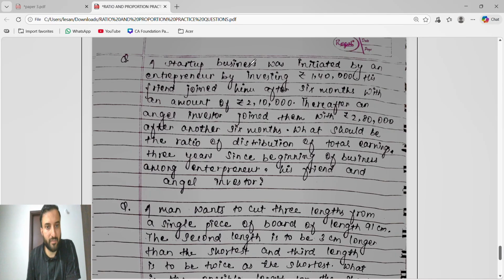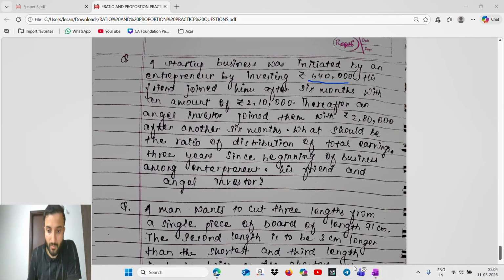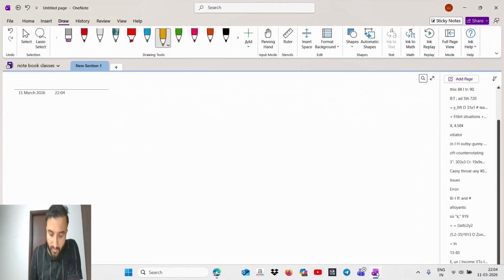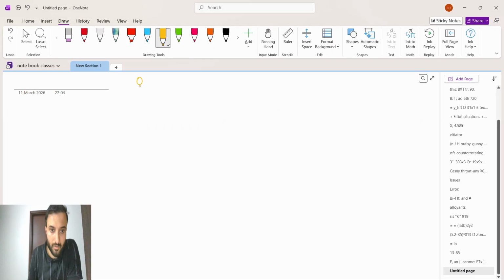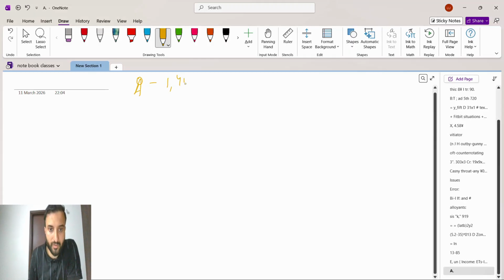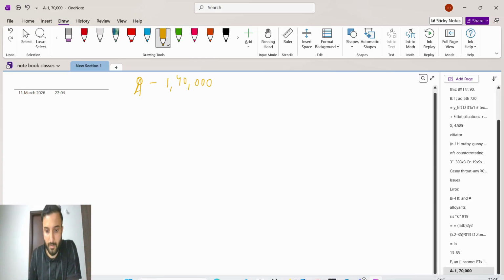A startup business was initiated by an entrepreneur by investing 1,40,000. One entrepreneur is there who invested 1,40,000. We will say that one entrepreneur is there, who invested. I will take him as A. Entrepreneur A who invested 1,40,000. Then,